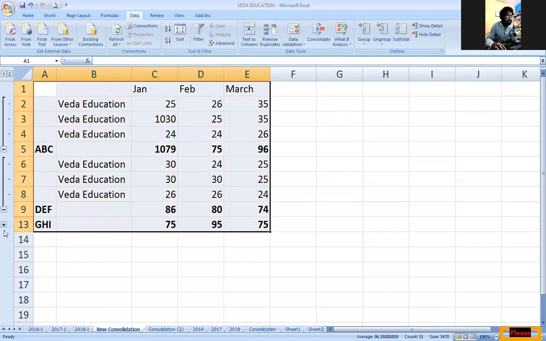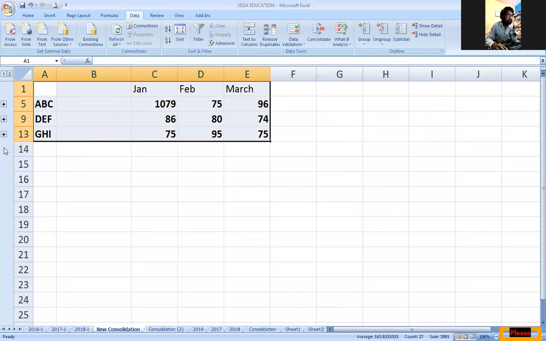If you want to view the data like this, you can view it. You can make the summary of this like this, or you can make the summary like this. You can use it based on your requirements. If there are any corrections, you can make the corrections manually and arrange the things accordingly as per your requirements. Is it okay?